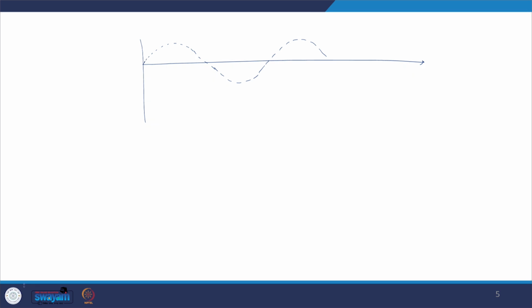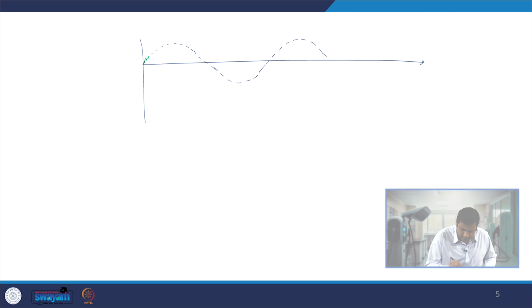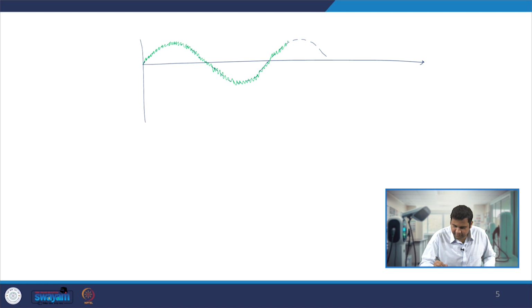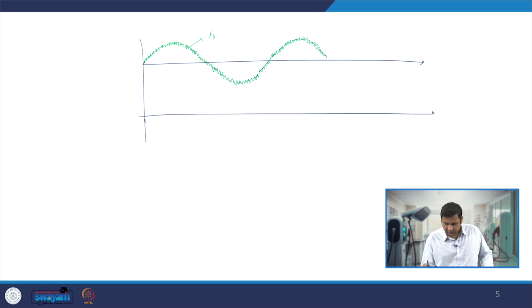the average variation in the switching cycle going like this, and the actual current will be like this. If the switching frequency is very much larger than the line frequency, then the inductor current, or the input current, looks like this. The average variation is sinusoidal, but it also has a ripple current. Instead of that, in the case of totem pole PFC, what you will see is that this is the ideal PFC case.